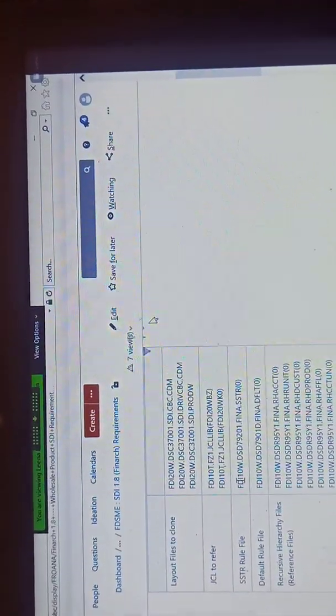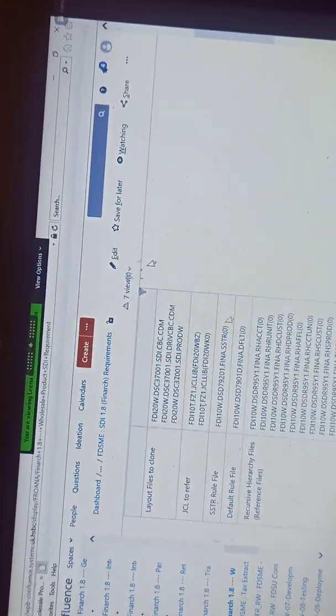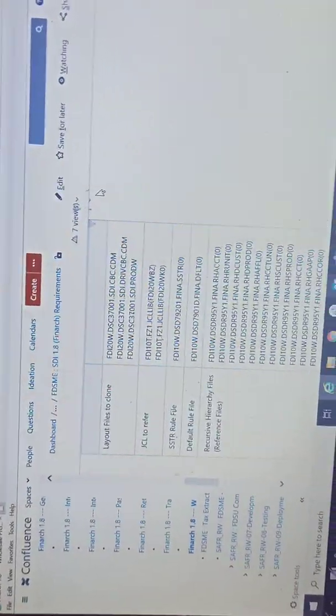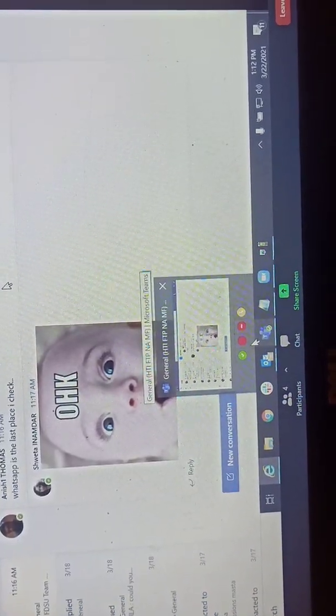So that also you will need. So Lina, in that step where it is taking that SSTR and default file, there multiple files are getting created. So we need to keep only the specific to wholesale products, right? If we are creating for SDS, wholesale SDS.